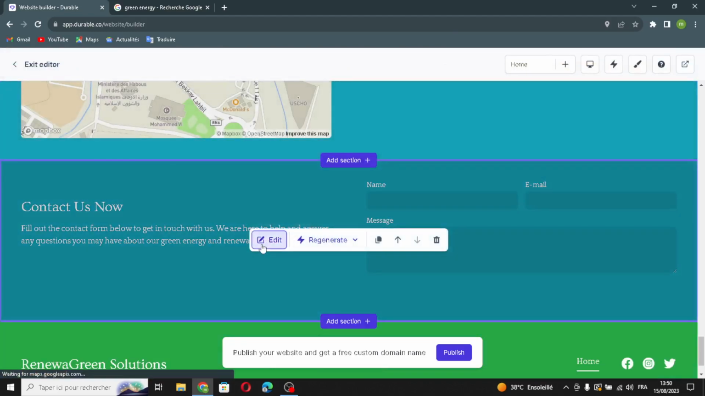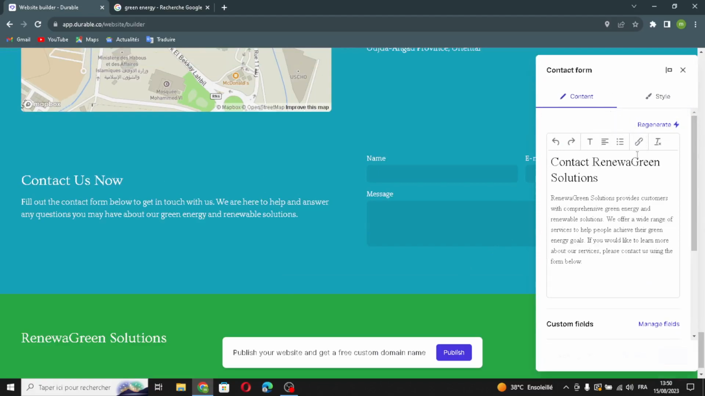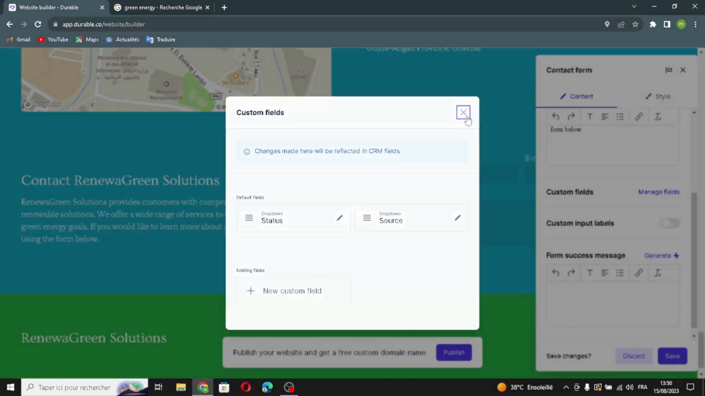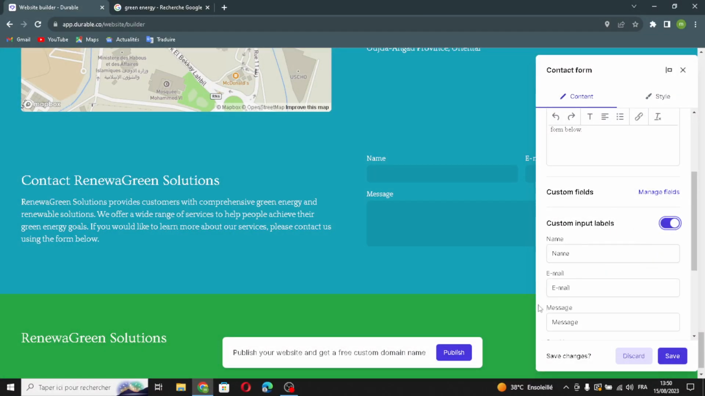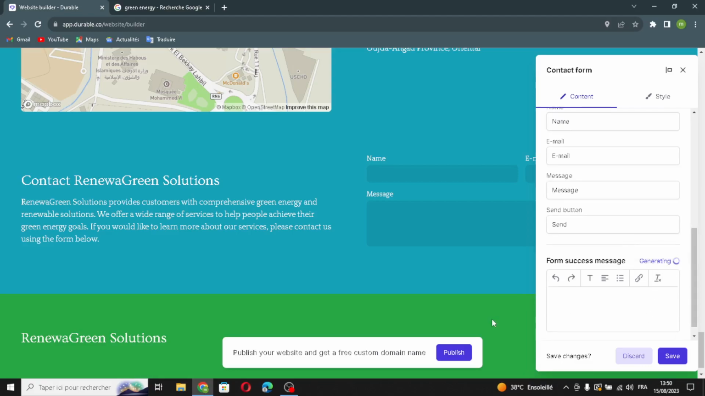This is the contact form section of the website. If you want to generate the text, and if you want to manage files, here if you want to turn this on and custom input labels, if you want to generate form success message. So let's save this,